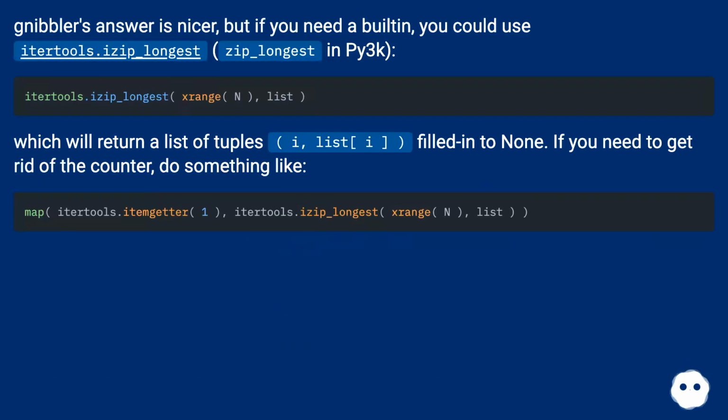Nibbler's answer is nicer, but if you need a built-in, you could use itertools.izip_longest, zip_longest in py3k, which will return a list of tuples, i, list, i, filled with None. If you need to get rid of the counter, do something like